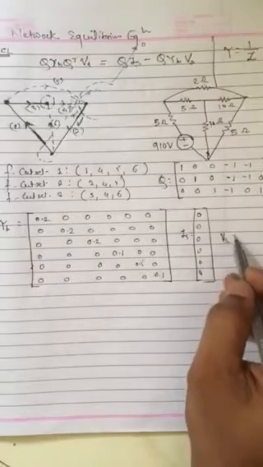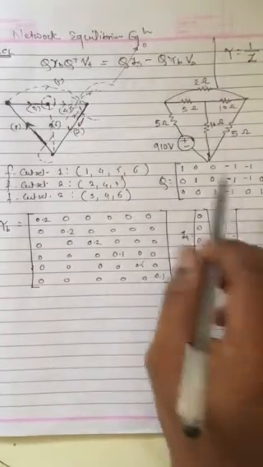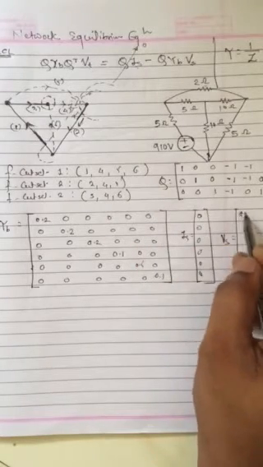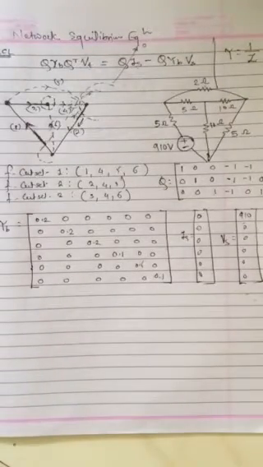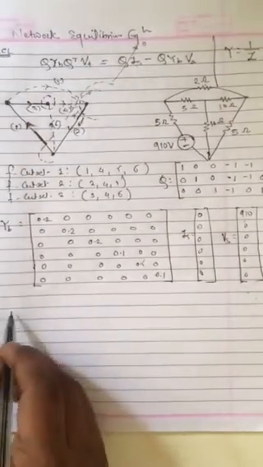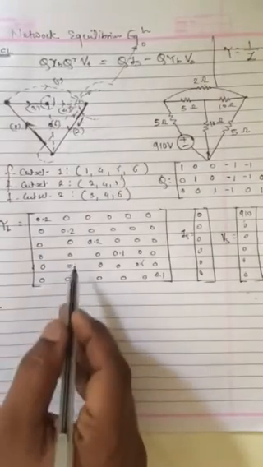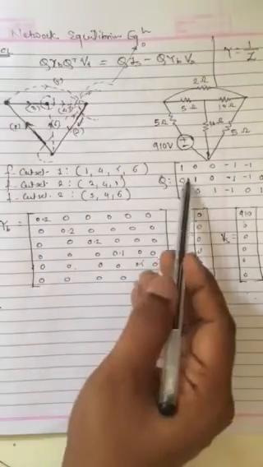What is VS? It is a column matrix of all voltage sources in the branches. Only in branch number 1 we have a voltage source of 910 volts. In the remaining branches no voltage source is there, so all 0. Okay, this is how we got VS. Now let's find out Q into IB, meaning this multiplied by this.